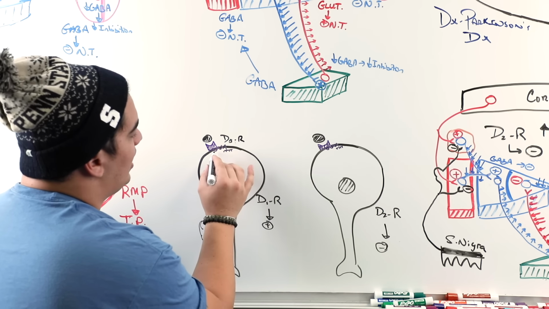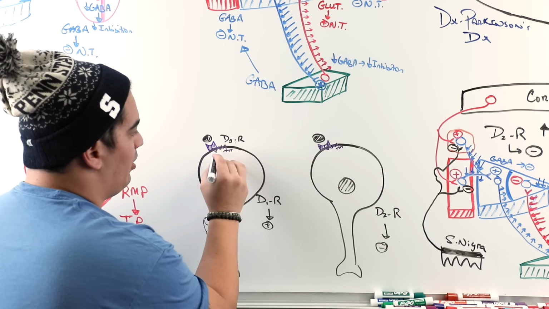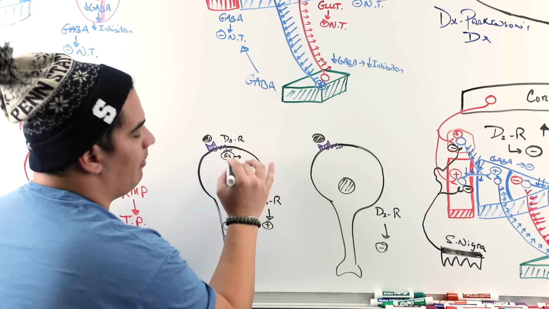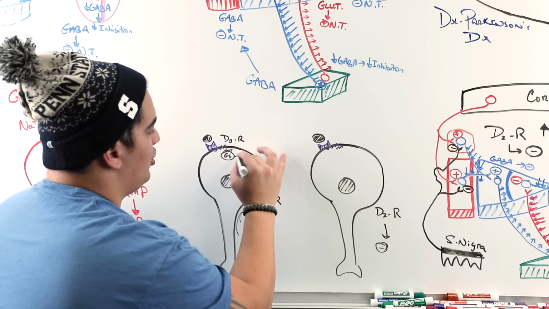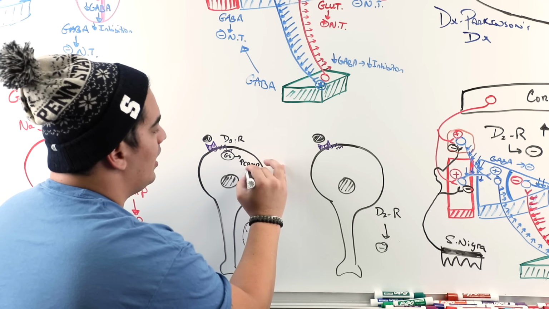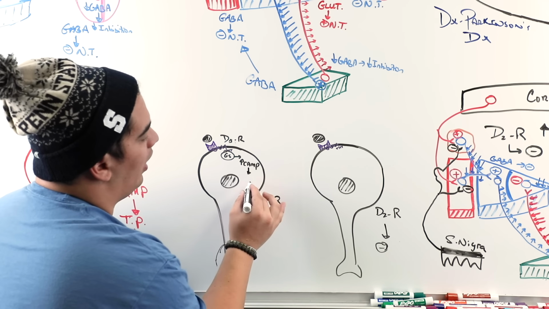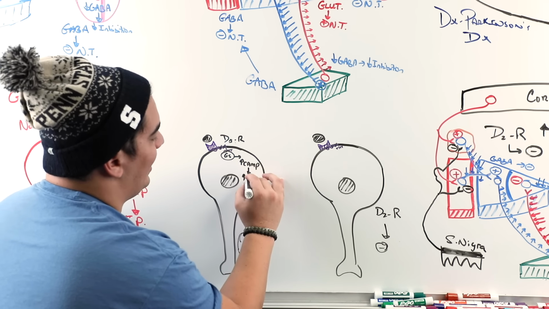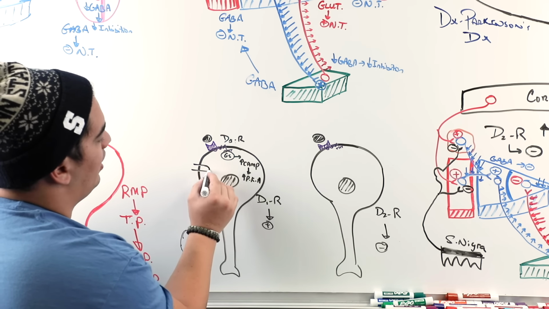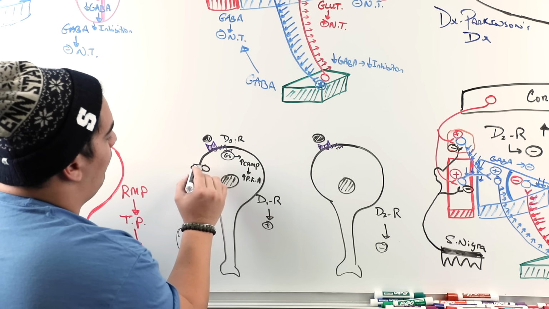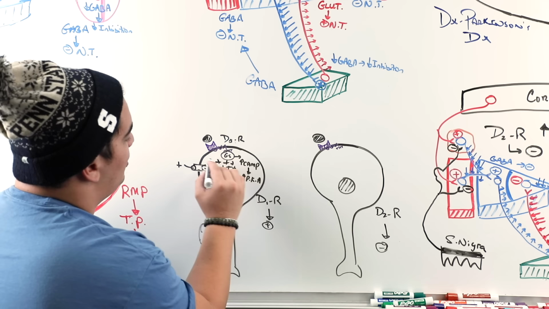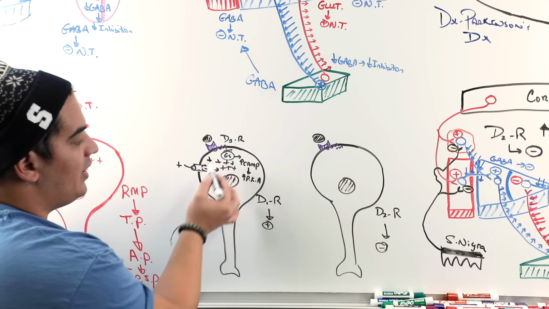The thing is it binds onto a G protein coupled receptor, particularly a G stimulatory protein. And if you guys remember from the plethora of videos that we've done, G stimulatory leads to an increase eventually in cyclic AMP. Cyclic AMP will then do what? It'll activate protein kinases. And these protein kinases will do what? Well, they'll phosphorylate particular channels and allow for positive ions to flow into the cell, leading to stimulation, increasing voltage